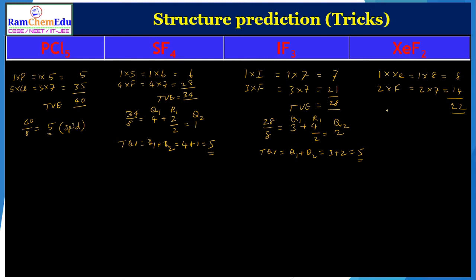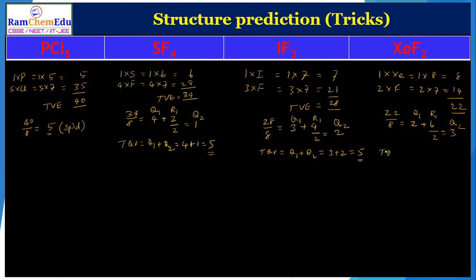Since it is greater than or equal to 8, I am dividing this 22 by 8. So 8 2s are 16 and the remainder will be 6. So now I can consider this is the quotient 1 and this is the remainder 1. I have to divide this remainder by 2 since it is less than or equal to 8. So that will be 3. So now I can consider this is equal to quotient 2.